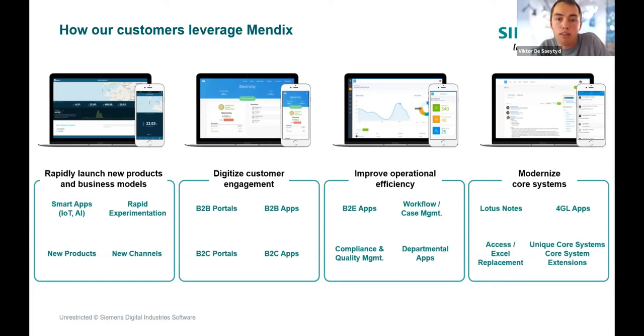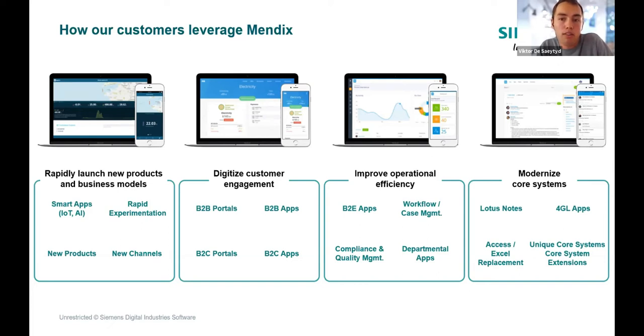The second one is to digitalize the customer engagement. What we see more and more happening is that portals are being developed, not only for machine building companies, which want to strengthen their relationship with their customers, but also for end customers who also try to find more interaction with their customers, to answer more rapidly to changing customer requirements.